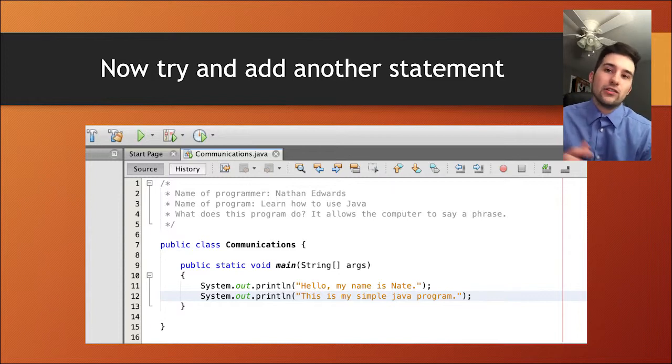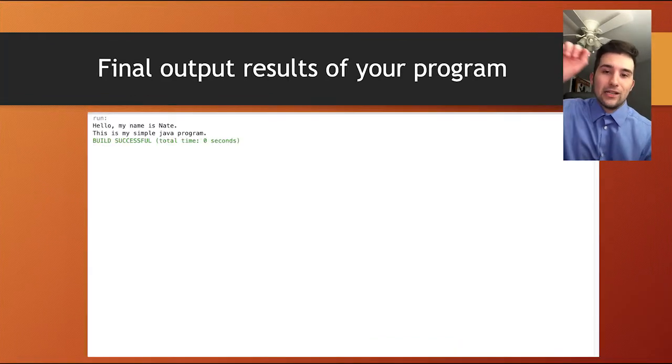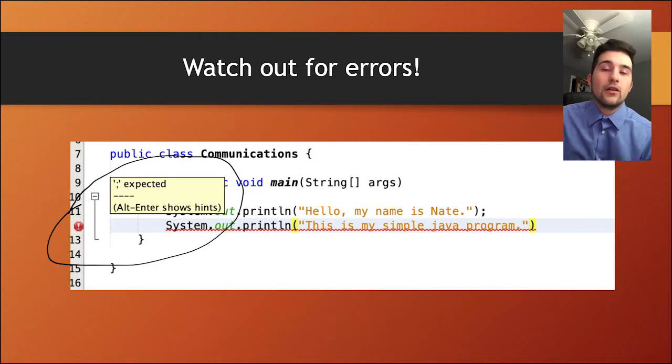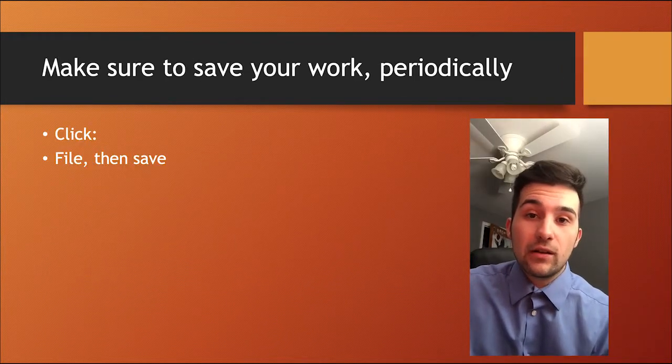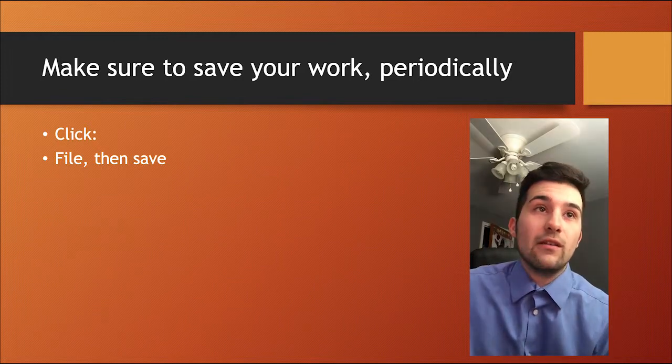Now again, here is just another example I put. You can keep adding multiple lines of the statements that you want to put. You just keep typing in system.out.println and it will print out your results. And again, click that little execute button in the top and it will print your results. However, there are errors in coding, and if you have an error come about, then you're going to want to fix that error. The application will always tell you when there is an error. Don't forget to save periodically, and to do so you click File and then Save.